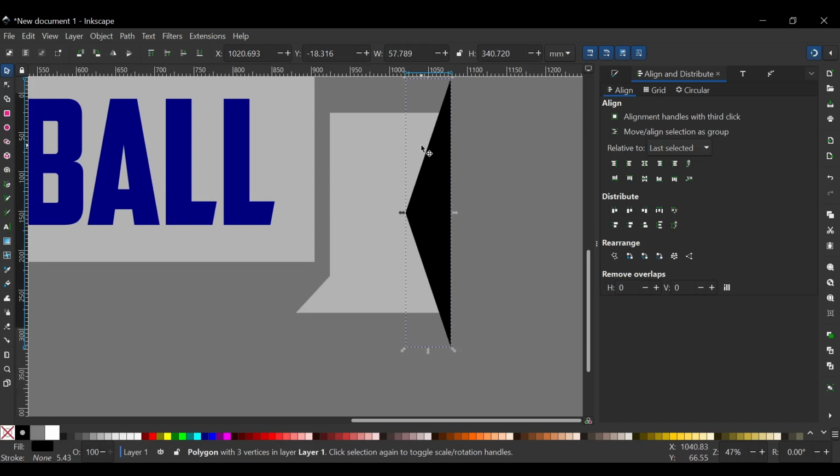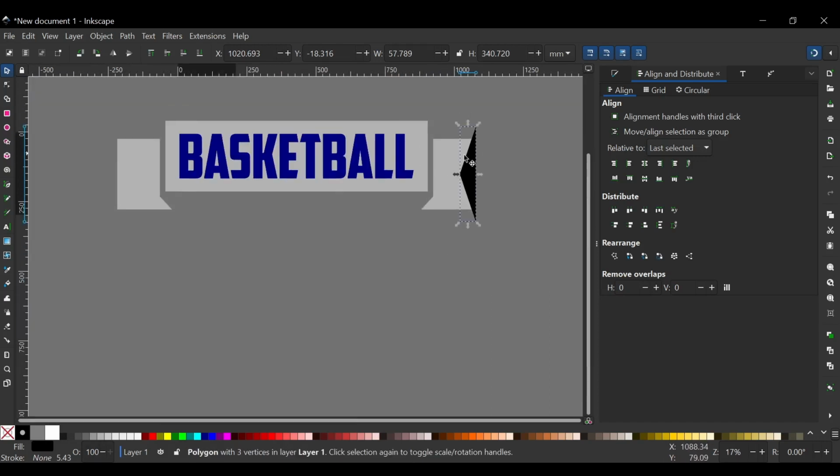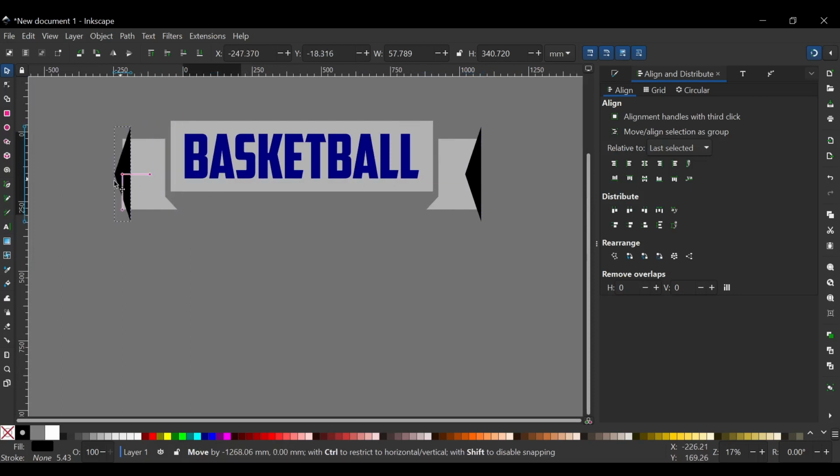I will press Ctrl D to duplicate that. And I will pick that up and flip it on the horizontal axis with that button. And I will place that there. Now I'll go ahead and shift click this object, select both of them, center them on the horizontal axis with that button, and then